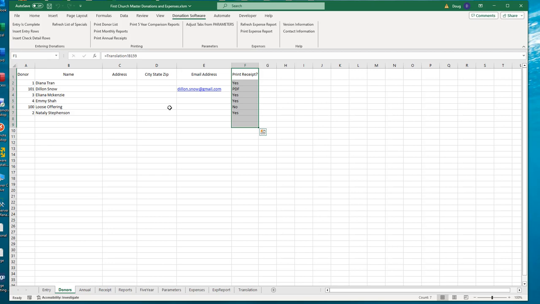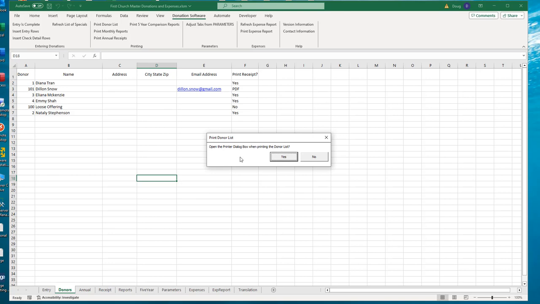But in your software, you are free to add other pieces of information in your donor list, additional columns, if you want to think of it that way, of other information. So the donor list can actually get to be pretty lengthy, pretty wide, and a lot of information. So that is why whenever you say you want to print the donor list, okay, this is just a dialog box,